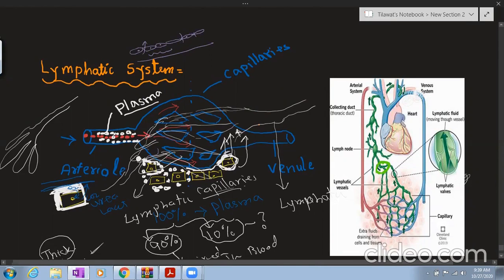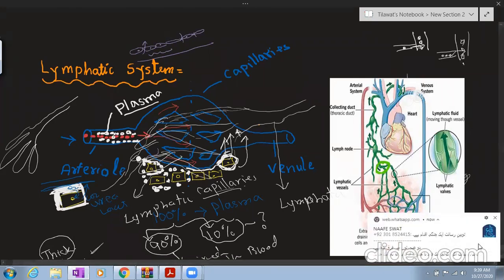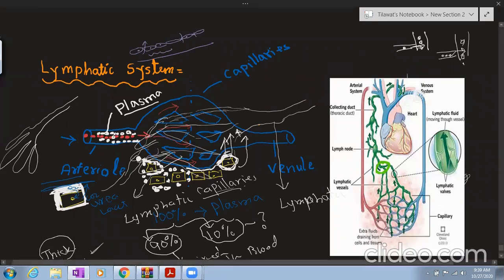Why does it mix with a vein? Because lymph can enter a vein easily as compared to an artery, because an artery has high pressure. If, for example, you have two pipes and in one pipe water is going at high pressure, and you are connecting another pipe to that, the material of this pipe will very hardly enter that. But if in one pipe water is going at high pressure and you connect another pipe where the pressure is less, the material will go into that pipe easily. That's why it is connected with the venous system, with your vein, and that lymph will now mix with your blood. Okay, I hope up to here this is clear.